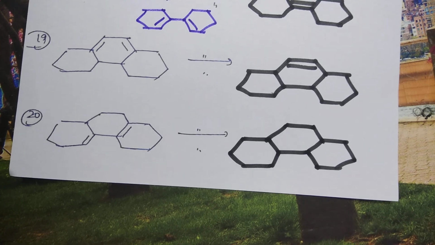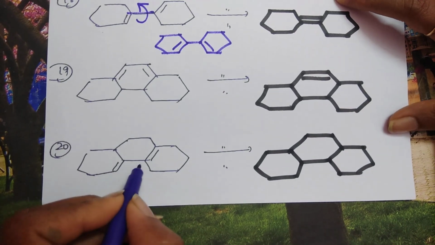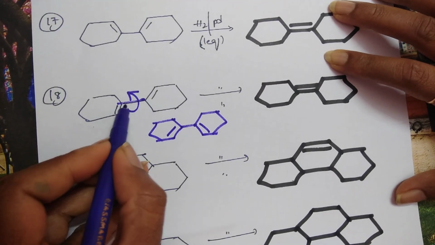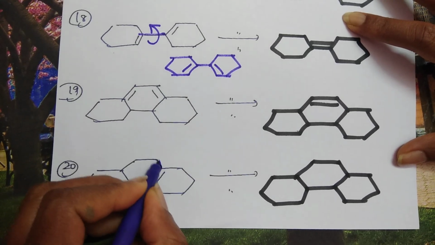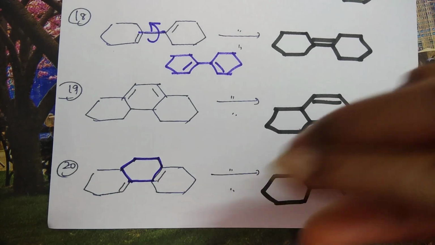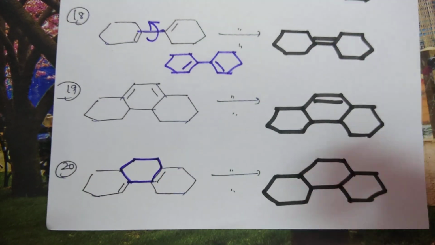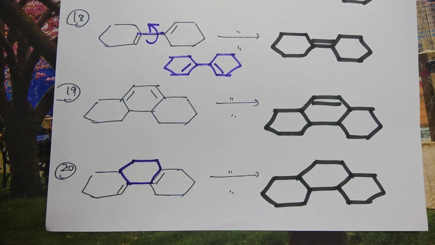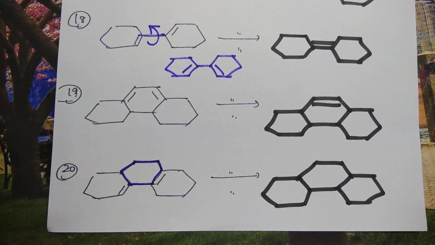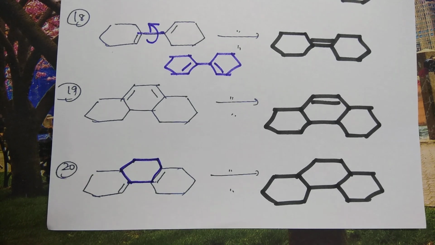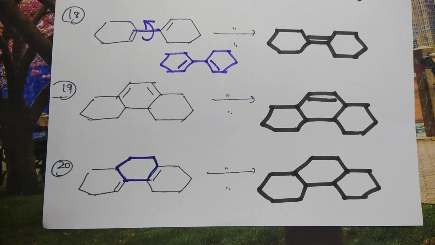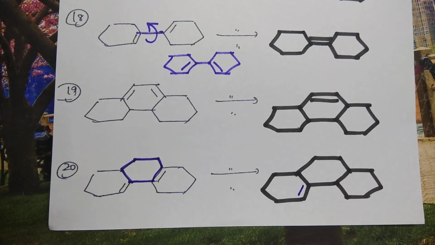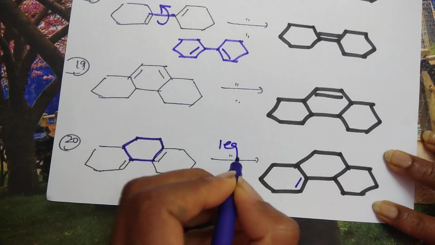No, it is not the case. You can't do the rotation. Even though a single bond is there, here only one ring is present, so that rotation is hindered in this case. Rotation is not possible. Whenever rotation is not possible, syn addition can't take place. In this case, out of two pi bonds, only one pi bond will be reduced. One pi bond remains as it is when you take one equivalent of hydrogen.